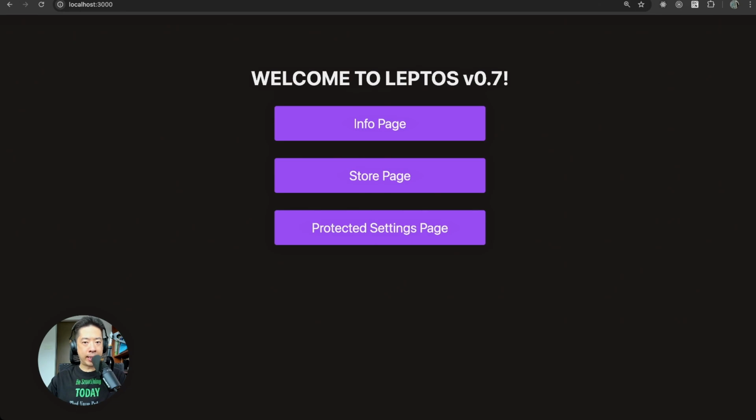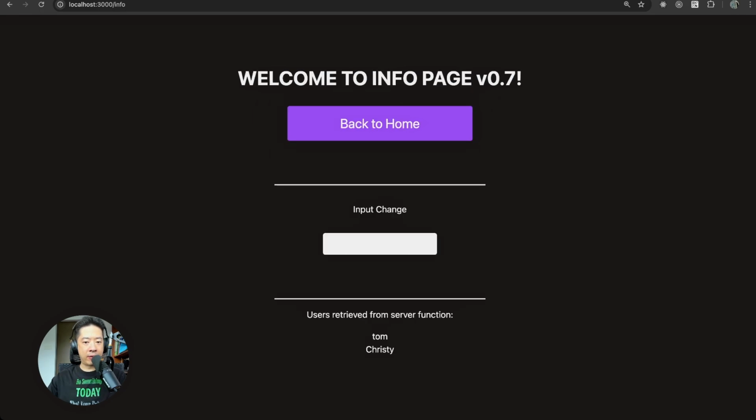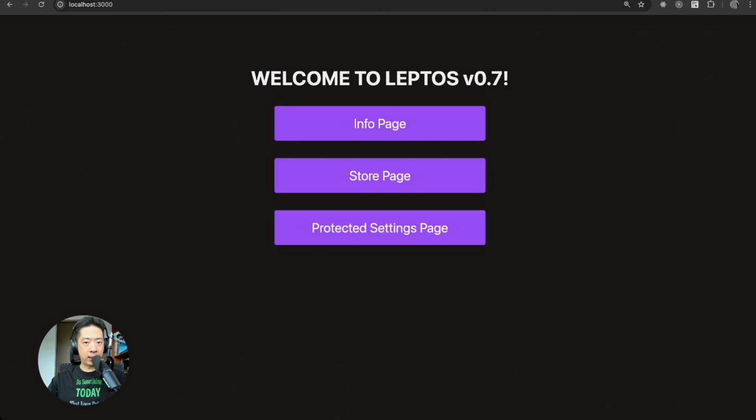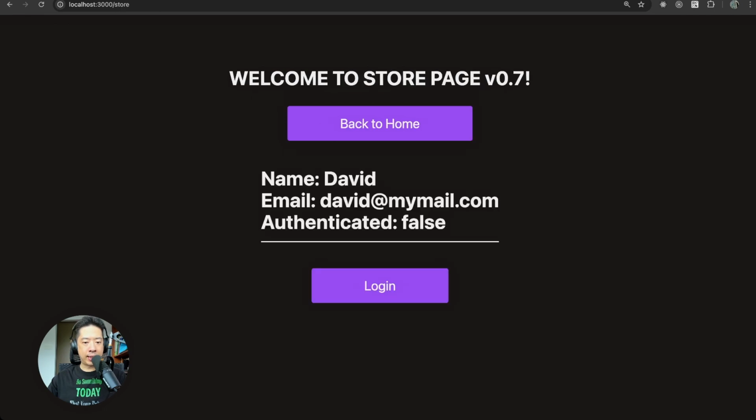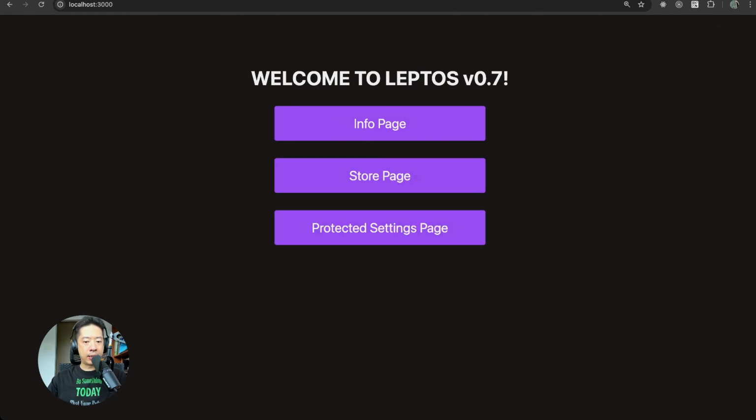Back at our simple app to demonstrate the new changes and features in Leptos 0.7, I've created 3 buttons on this page itself. Firstly is the info page that we saw in the previous section. Secondly is a store page that contains some information about a user, for example. And lastly is a